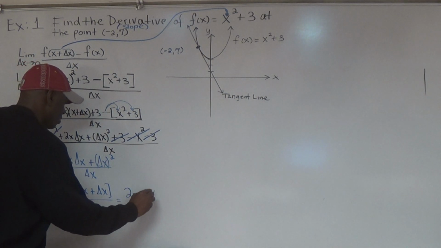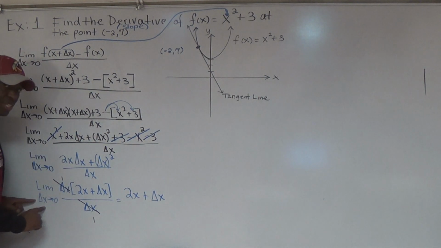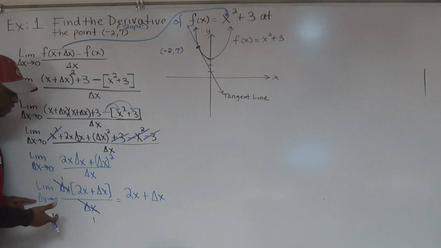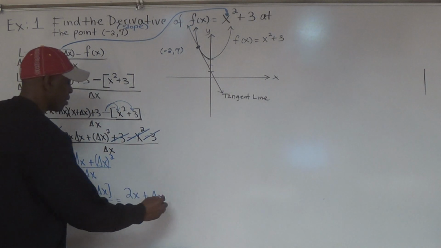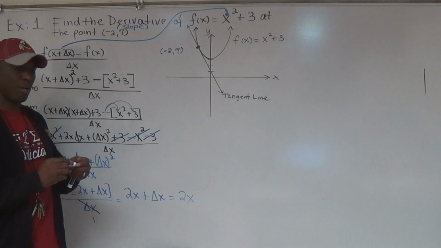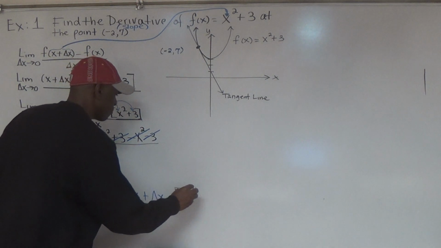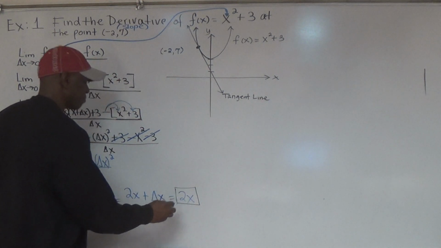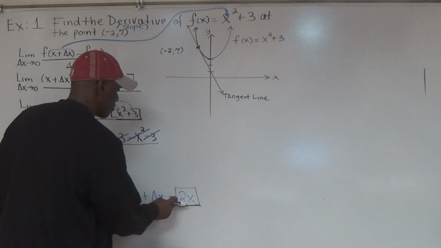2x plus delta x. And as delta x approaches 0, it gets smaller and smaller and smaller. So it's a very small number here. So now substitute in 0 for delta x. And that's going to equal 2x. All right, now, 2x is